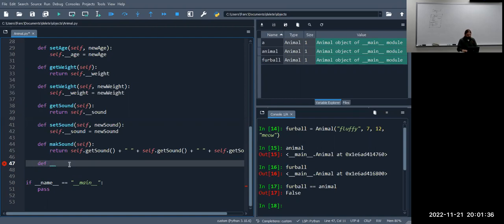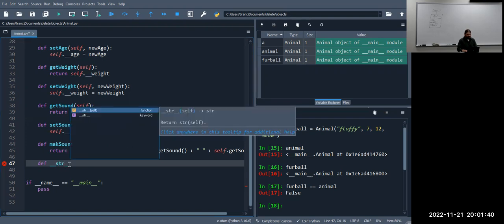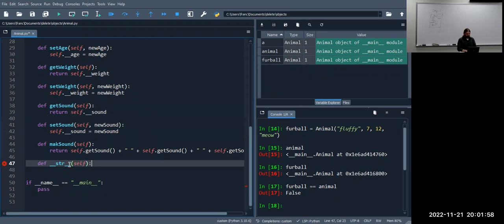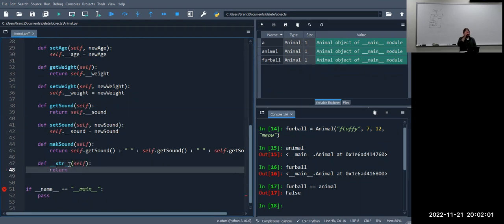So underscore STR, and anytime we call that STR, the cast to string method, this is the method that gets called. So all those objects have it. Or when we say print and then the object, it calls this method right here. So we'll need the self, and then we're going to return a string that represents our object. So maybe something like